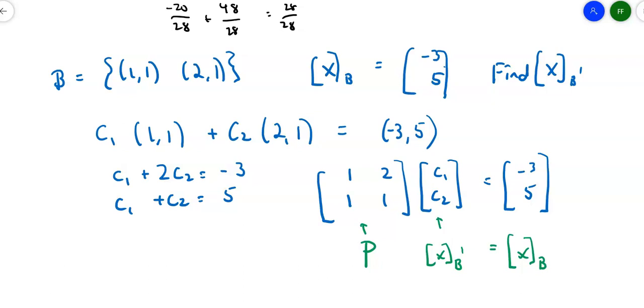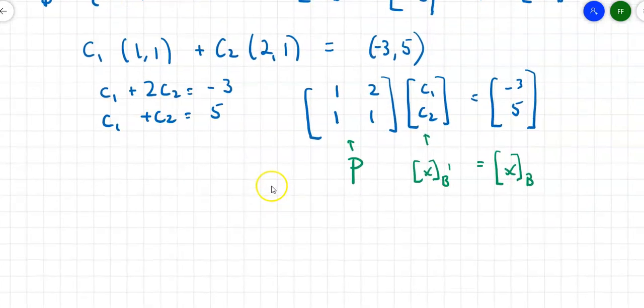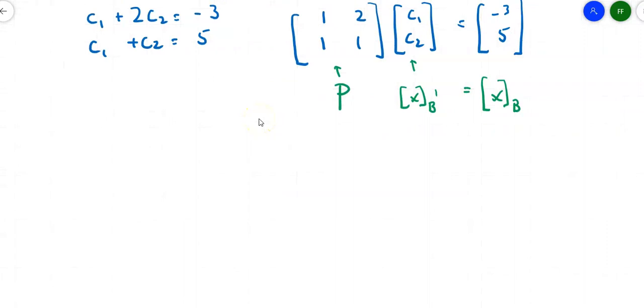Now go back to those solving systems of equations and those matrix properties. What if I multiplied both sides of this matrix by P inverse? Okay, so if I multiply by P inverse, what will happen? On this left side, P inverse times P will just go away. Right? So I'll get this